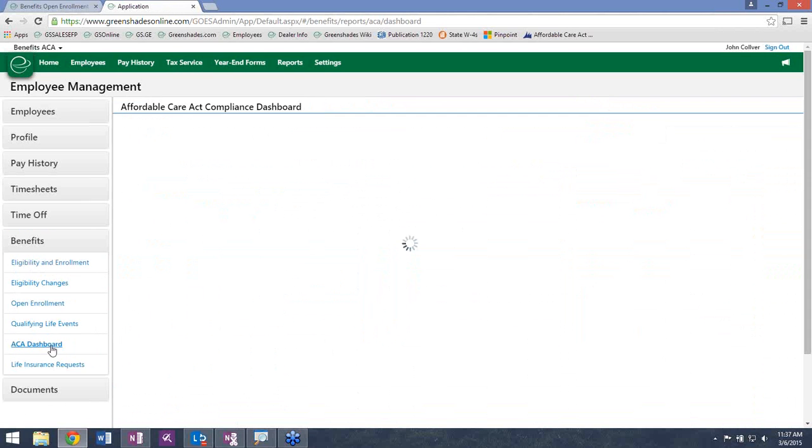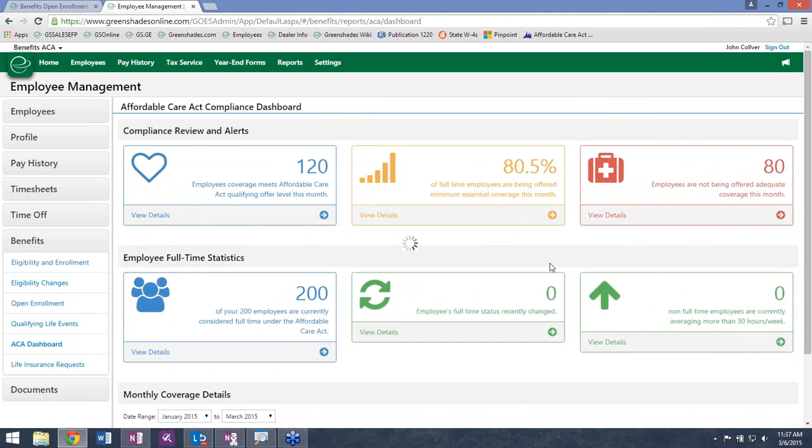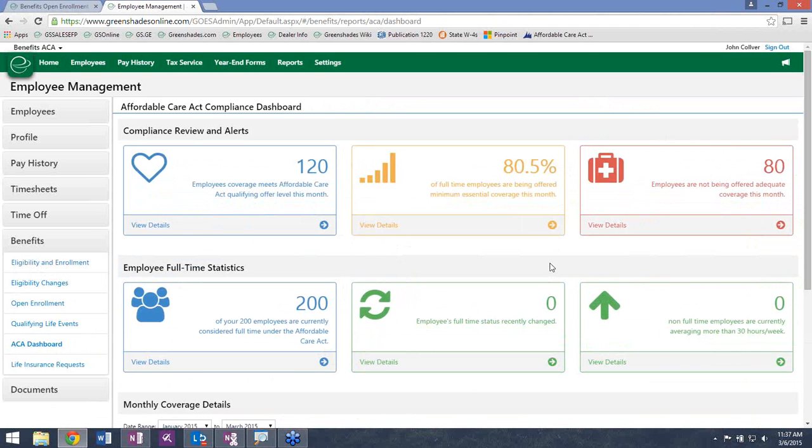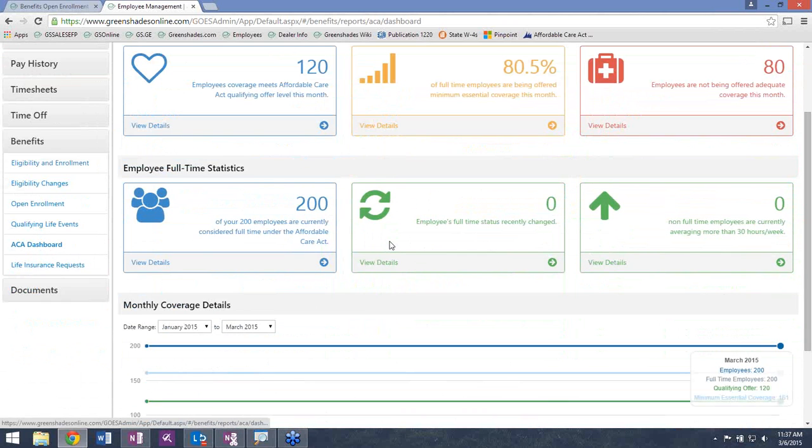We go back to the ACA dashboard and discuss the full-time statistics. Just like in the Payroll Inspector, this is going to manage the admin, the stability, and the look-back periods. This is going to let us know at a glance that 200 out of our 200 employees are currently considered full-time under the Affordable Care Act.